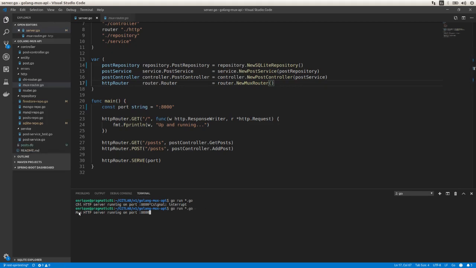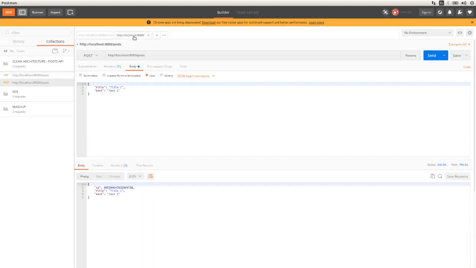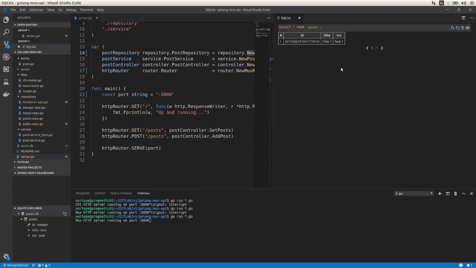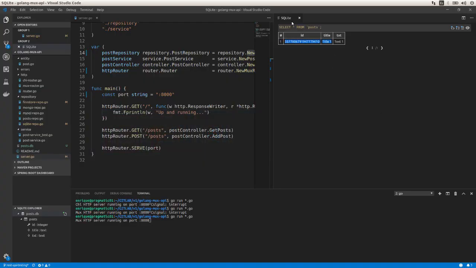As we can see, the Mux HTTP server is running. Okay, and now I'm going to create this new post. Okay, and now if we go to the SQLite database, we're going to see that we have that record there. Here. Let's create another one. Title 2, text 2. And if we refresh this,